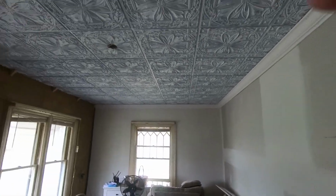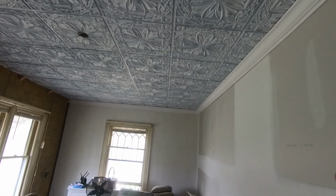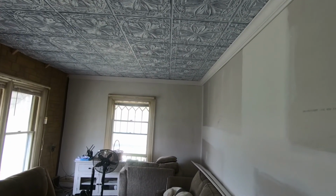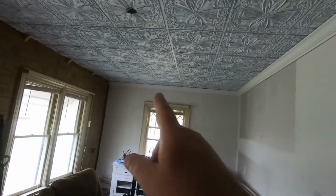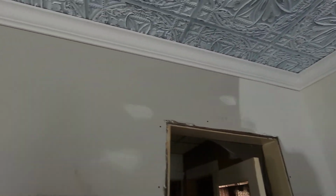Back working on this old house. In my previous video, I got this PVC tiled ceiling done. Now I'm putting up 5 1/4 inch MDF crown molding. It's going in nice, coping it. Both ends are just run straight across, and the long runs are coped. It's turning out really good, except for